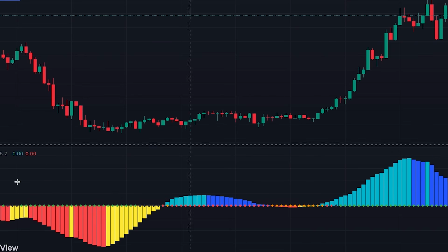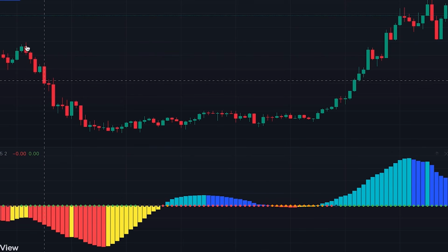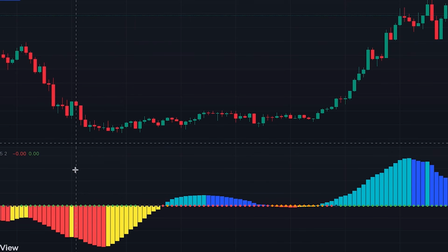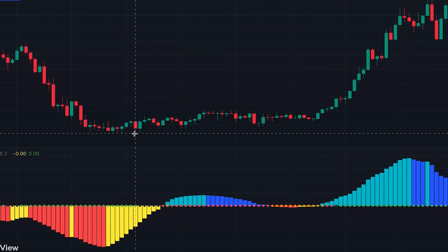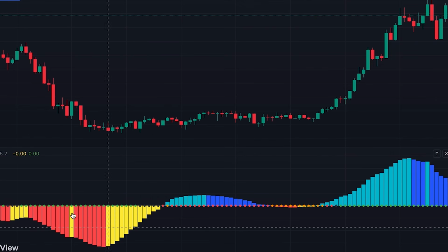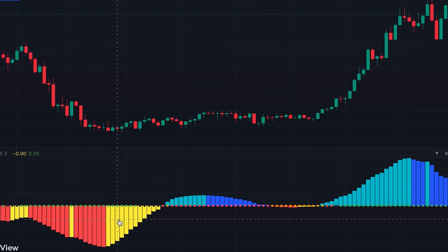And on the other hand, when the histogram is red, it shows that downside momentum is increasing, and when it becomes yellow, it means that the downside momentum is weakening. Similarly here, as long as the histogram is below zero, downside momentum is considered to be higher than the upside